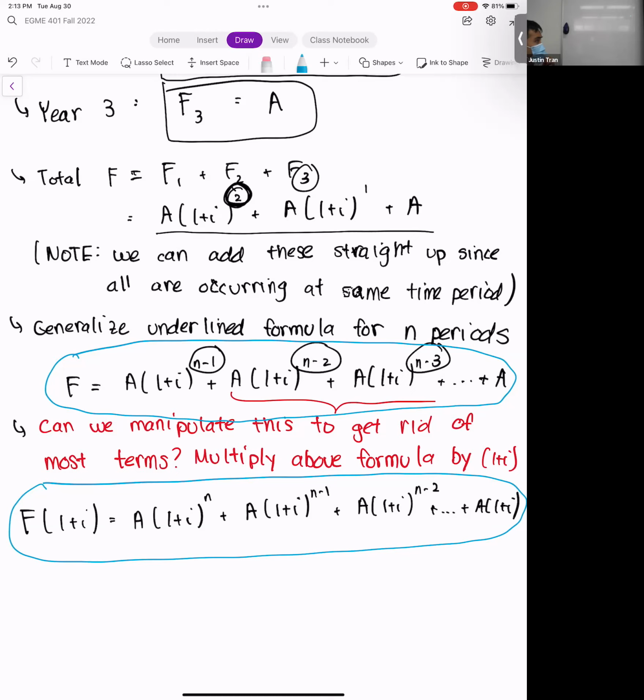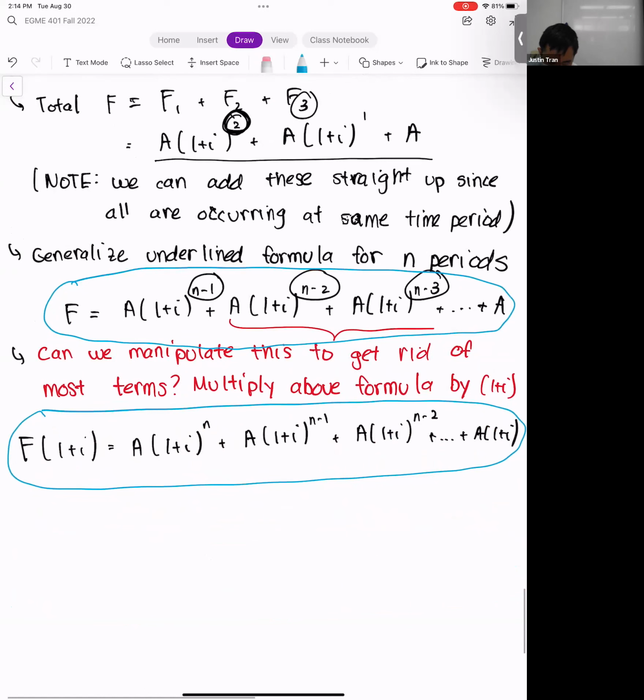And so I've circled them in blue, right? So we have the first equation, that was our original one. That was the one that we read straight off the cash flow diagram that we generalized to N. And we have the second formula there that we obtained just by multiplying the entire thing by 1 plus I, okay? And so to simplify this, we can take these 2 equations here and subtract.